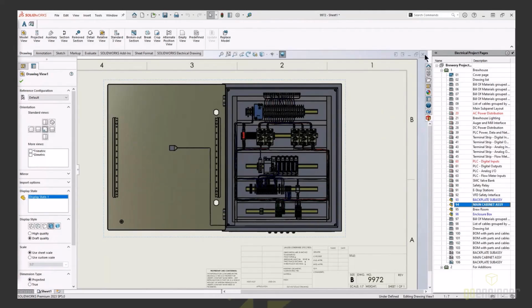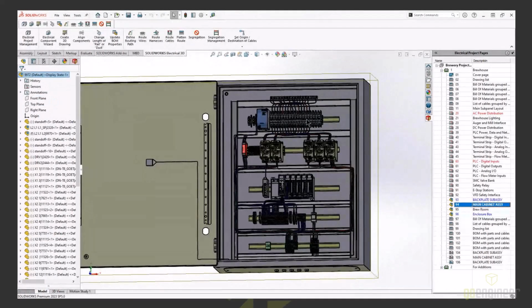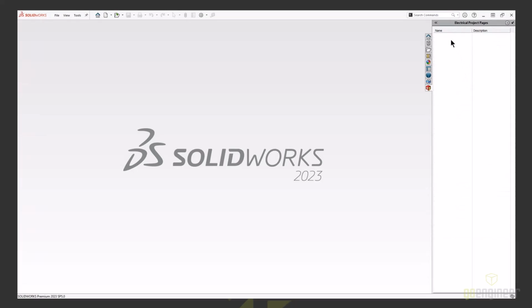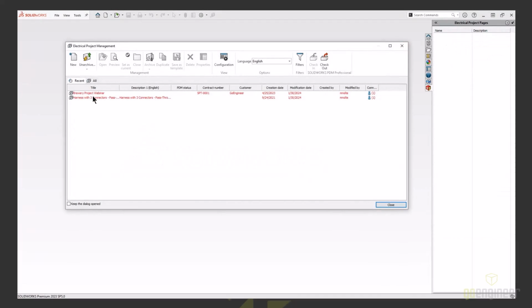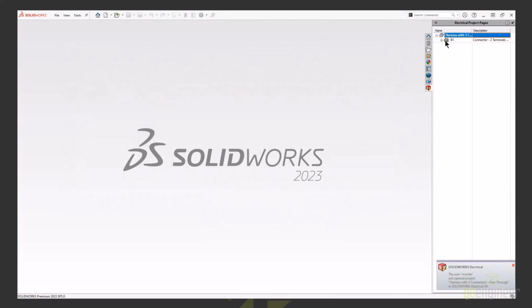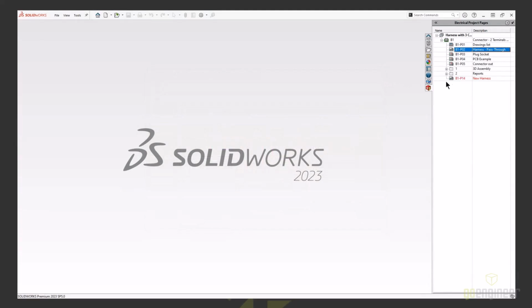So that's one project as an example. Let me go and show you a different one here. Again, I mentioned that we've got a lot of customers that do harness stuff these days, so I've got an example of that to show as well. Again, the schematic itself is what we saw over in the other software. So we see that there. But then when we get into the 3D model,